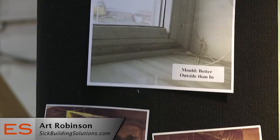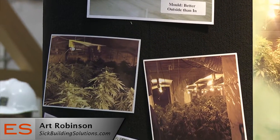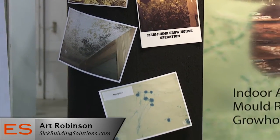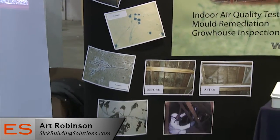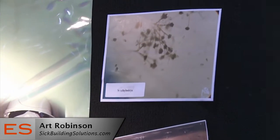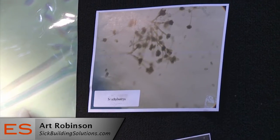I'm a homeowner with mold in my house. I don't know what to do with it. I call you. What are the steps involved? Well, what we'll do is we'll send over an inspector and we'll examine the house from the basement floor to the top of the roof deck and take a look all the way through that. We'll take a look at, first of all, visual. If it's a mold issue right off the bat, the visual's the thing to do. But if nothing visual shows up, then what we do